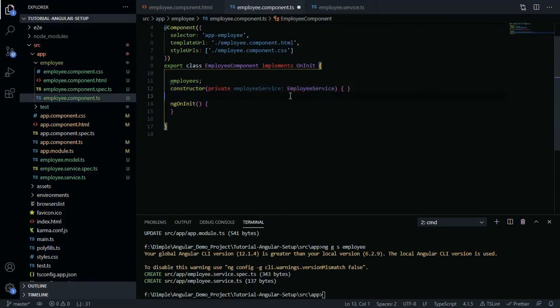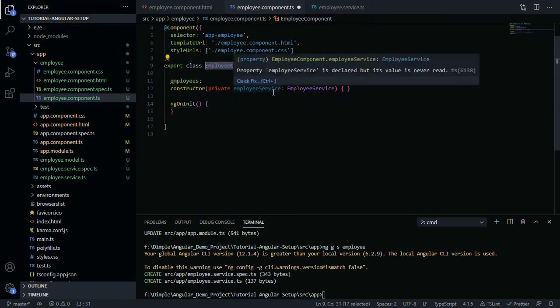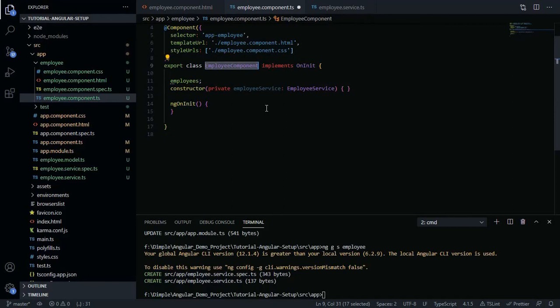So this is what we call dependency injection. We inject the service dependency from external sources. Now this employee component class can use the methods inside the service. So let's use the methods. Initially, we need the employee list from the service class.